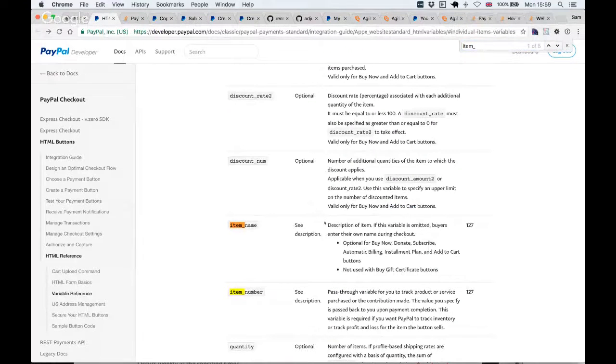We saw that if we change the item name to something, that actually changes what PayPal stores. So if the item name was like premium subscription versus premium sponsorship, right? Then